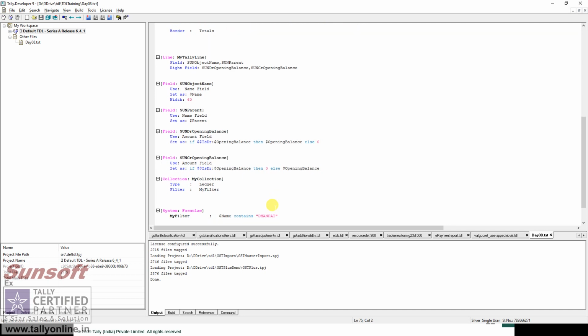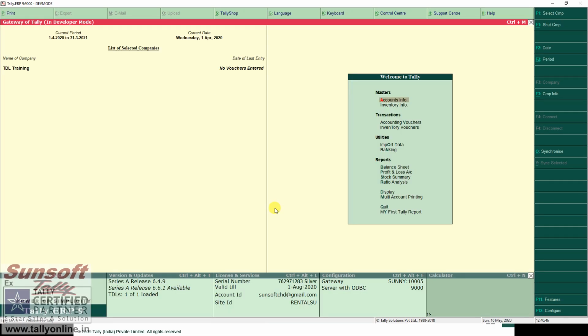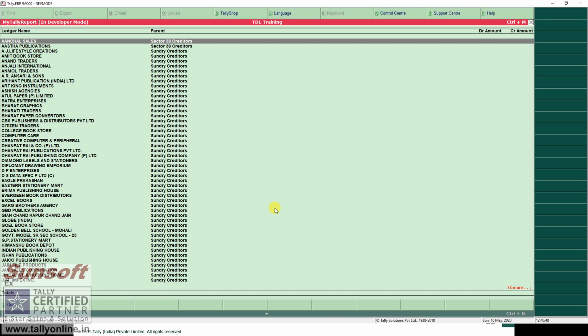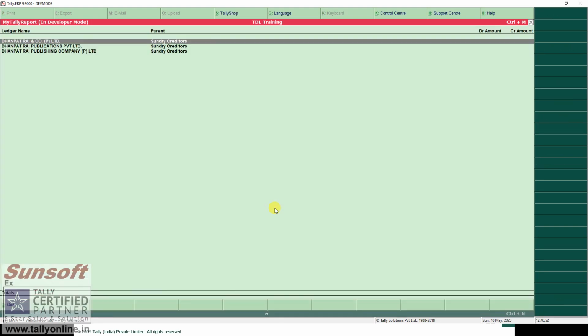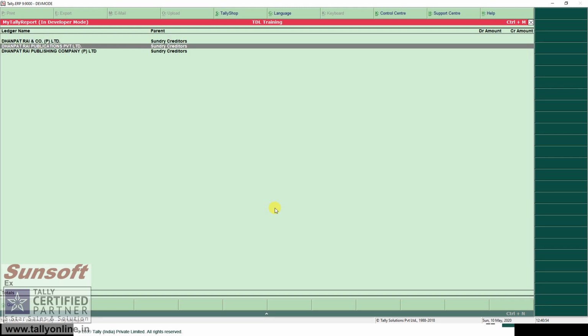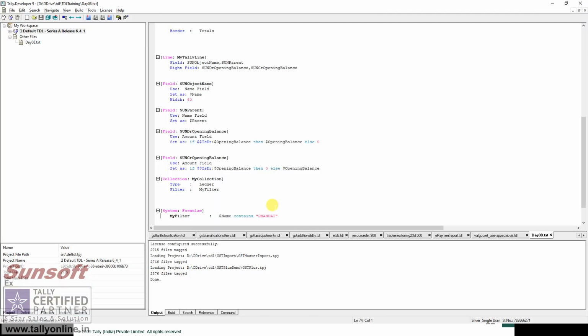So I have created my filter in which the dollar name contains Dhanpat. That means only three ledgers have come whose name is Dhanpat.